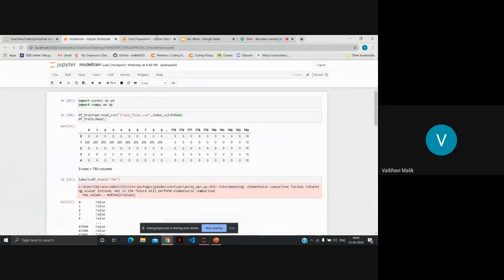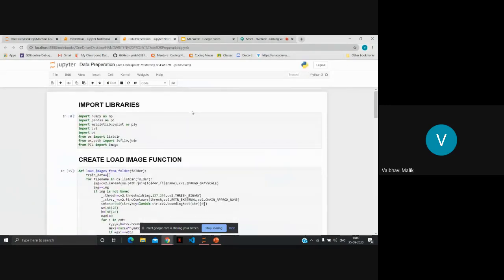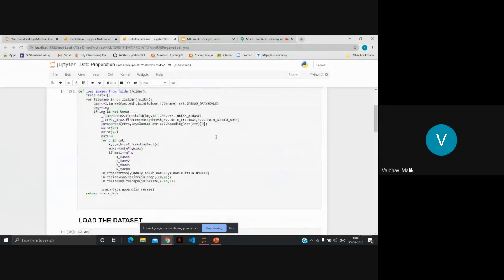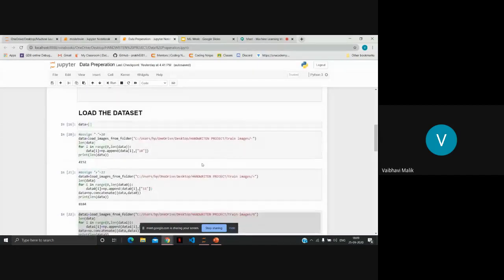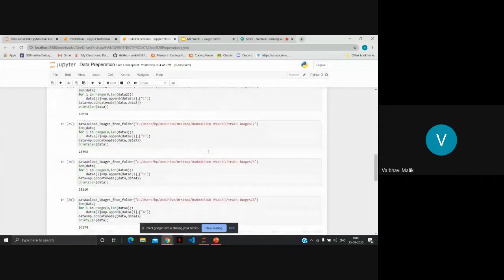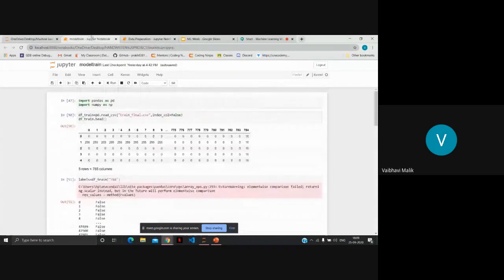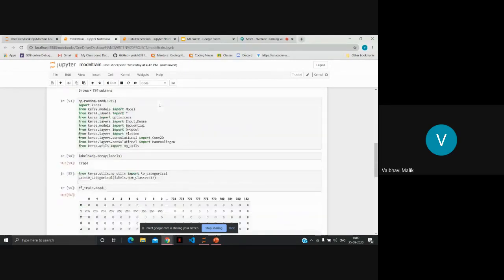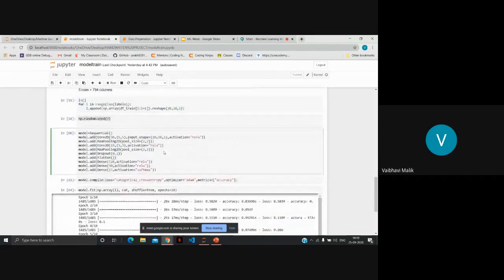So yesterday, firstly we prepared our data for the model, in which we loaded thousands of images of 0 to 9 as digits and three operations: plus, minus, and multiply. We uploaded our data, and today we are going to fit our model on the data and then test it on various images. Till yesterday, we have compiled our model. Till here we did yesterday.